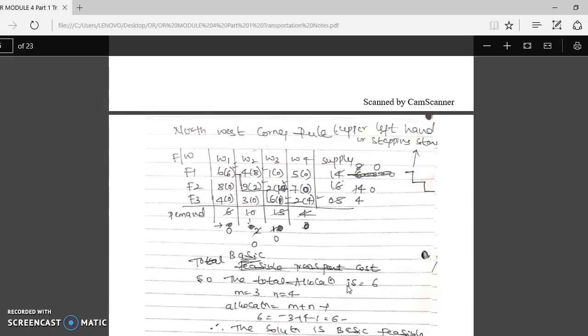So northwest corner method, why it is called northwest means, here it is east, this is west, north and south. So always we start allocating from the northwest corner, means here the first element is the corner element, we always start allocation from this place only. Similarly, upper left hand. If I stand in front of the problem, upper left hand will always be the first element. We start the allocation from the first element. Then why it is called stepping stone? Once we get the solution, then we will come to know why it is called stepping stone.